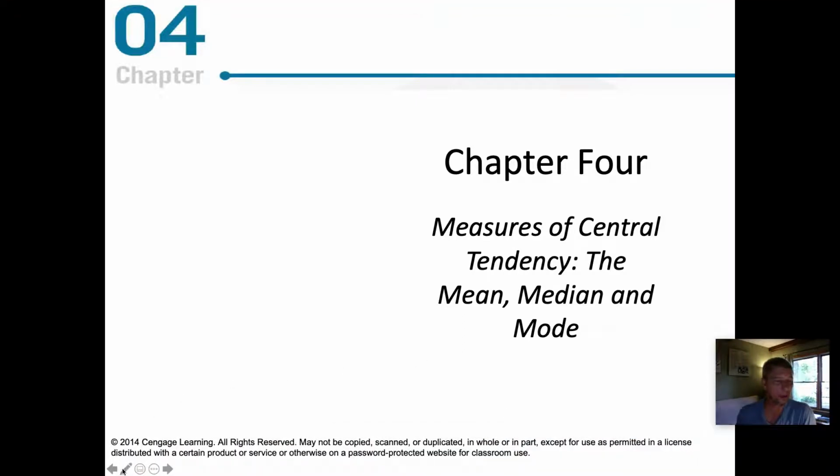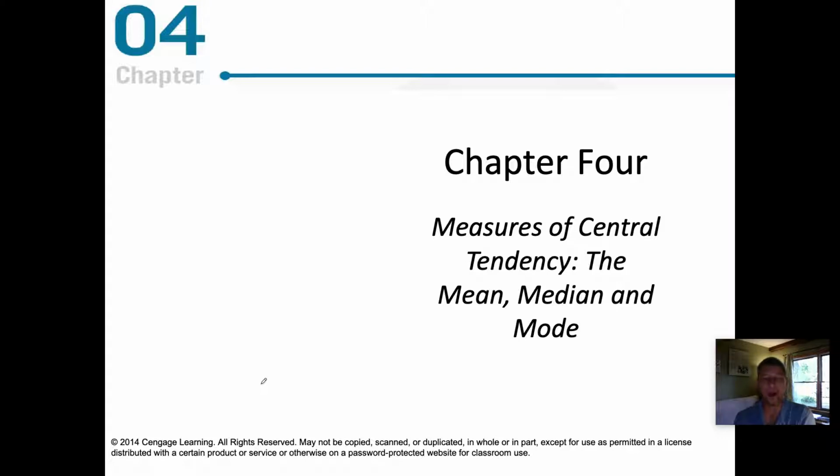Today, we are going to talk about Chapter 4 in your textbooks, which is entitled Measures of Central Tendency: the Mean, the Median, and the Mode. Now, the mean, the median, and the mode are things that you've probably talked about since middle school math, maybe, certainly high school math. So you should have a reasonably good idea about each of